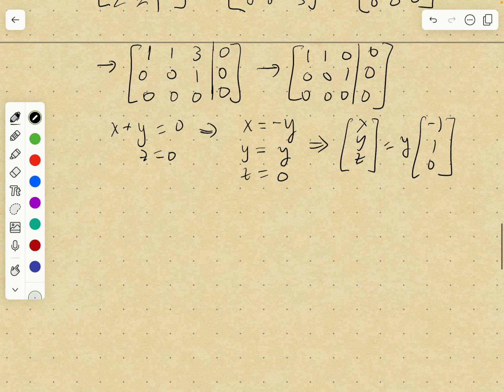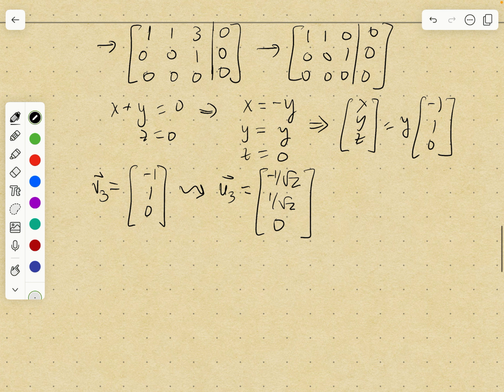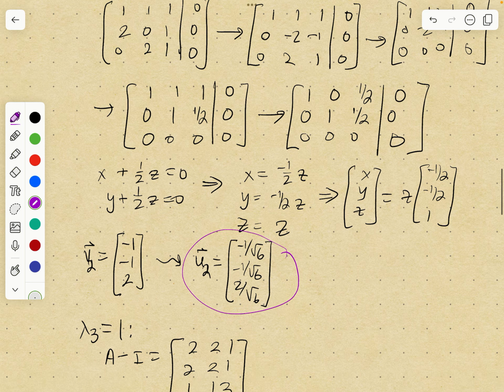And so my v3 is negative 1, 1, 0. But I'm trying to come up with, again, a unit length vector, so I need to divide by the length. And the length is the square root of 2, so now it's negative 1 over root 2, 1 over root 2, 0. And so finally, I have my u3, I have my u2, and I have my u1,